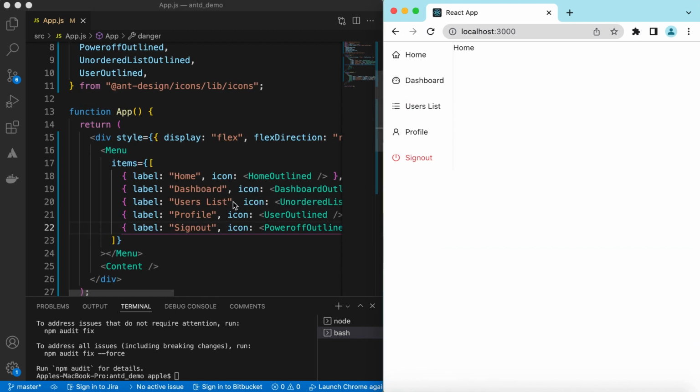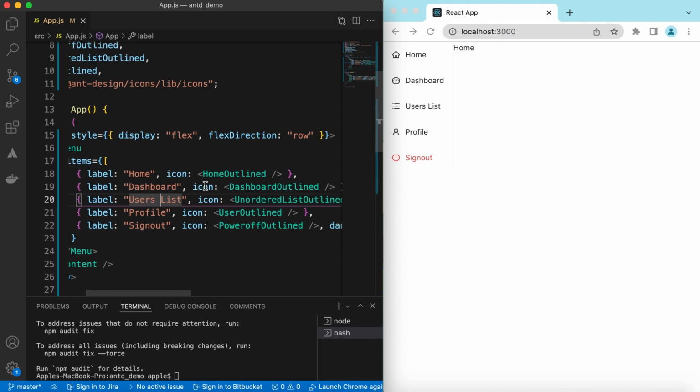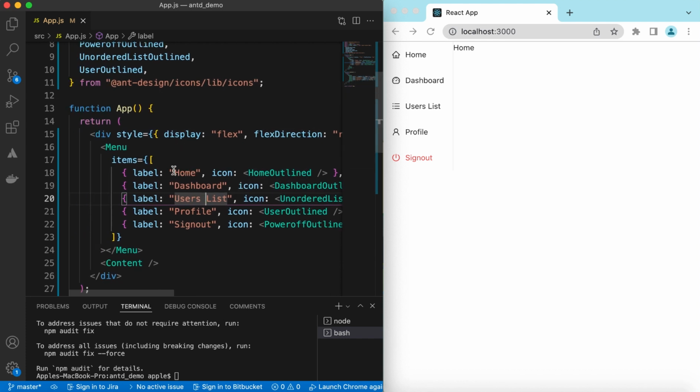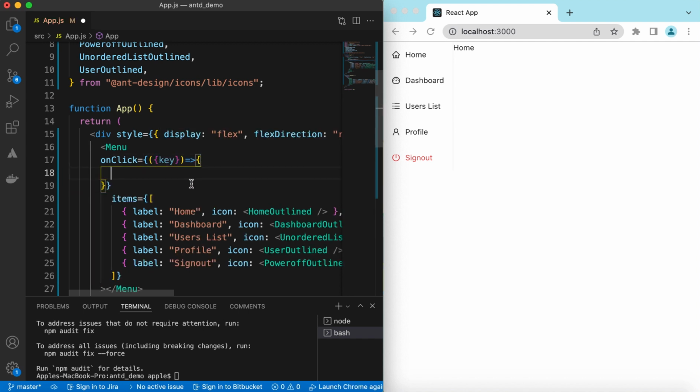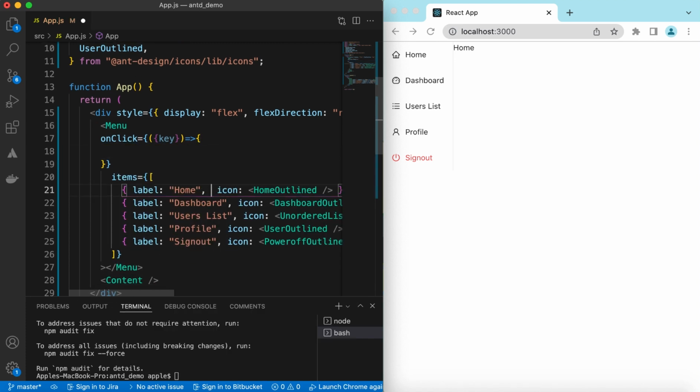Okay, so it looks red. Okay, so next what we can do is we can write the onClick function, and this will be providing us the information for which of the menu items has been clicked. So in that info we can destructure it, and we will be getting a key here. And we can define the keys for each of these, so that it will be unique for each. So we can use this key to distinguish